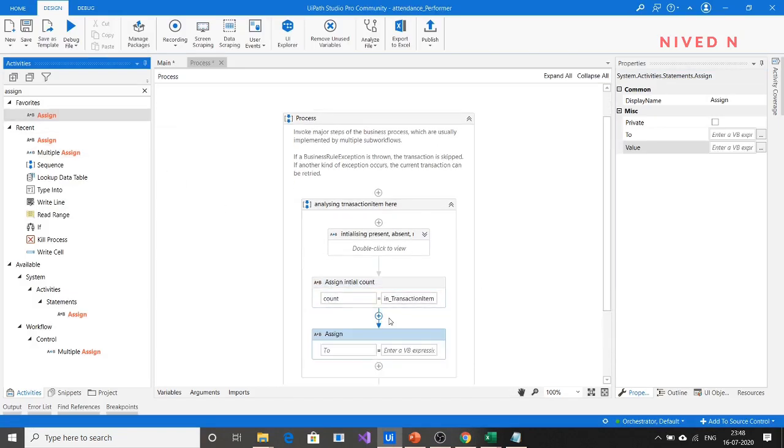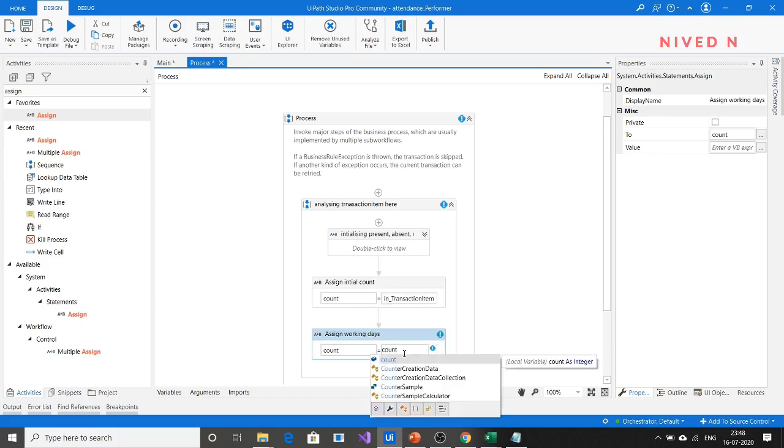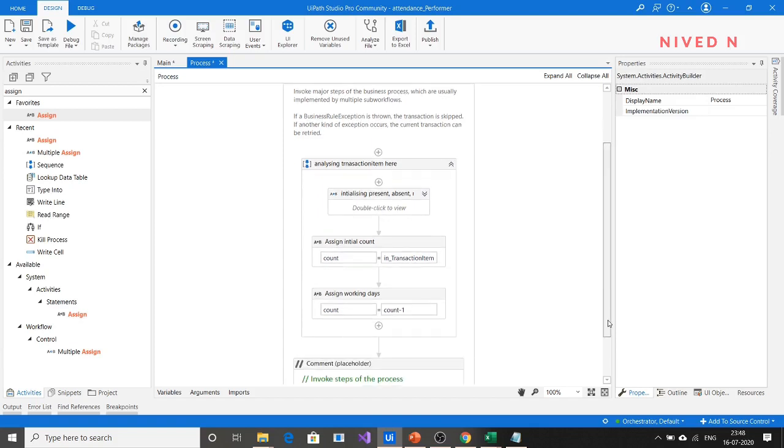Again drag an assign activity here, and you can name it assign working days. So for assigning the working days, you have to specify count is equal to count minus 1. That is what we have specified here.